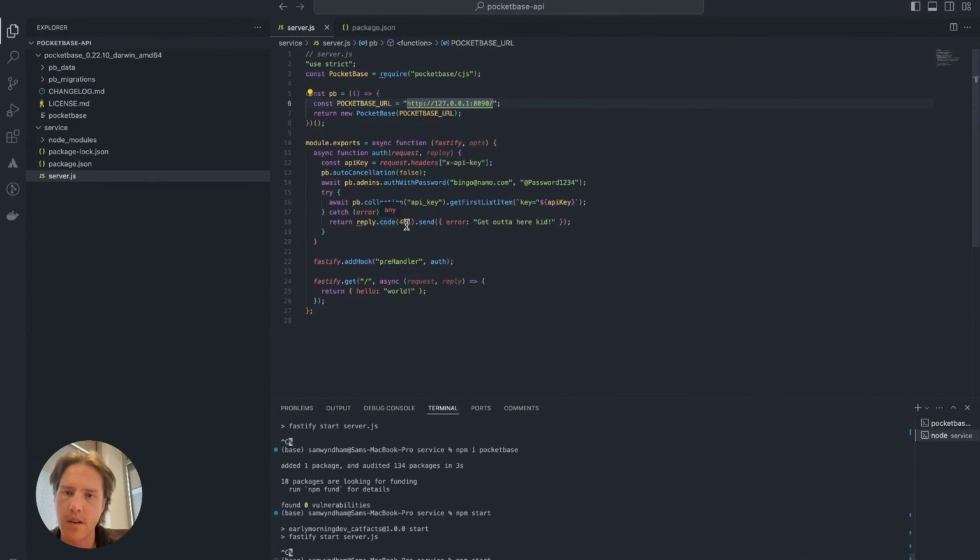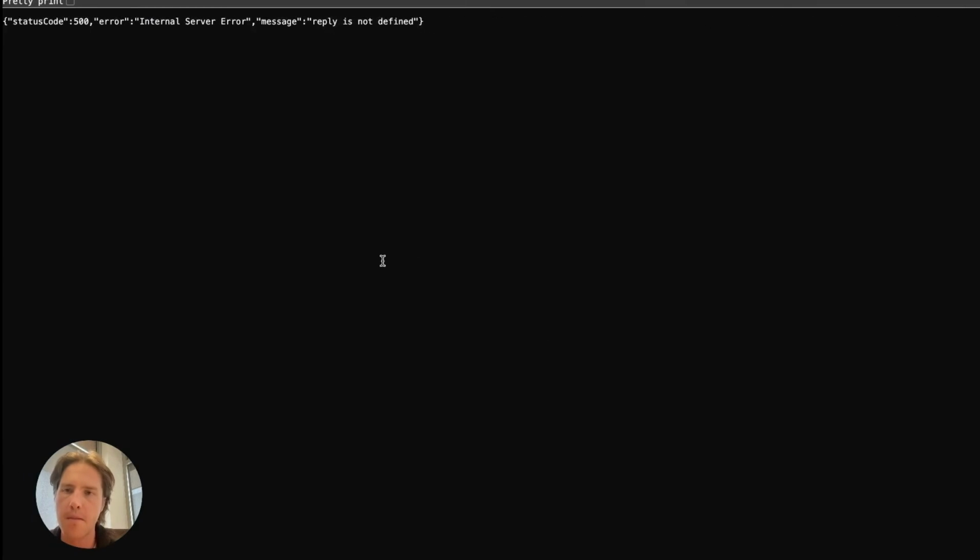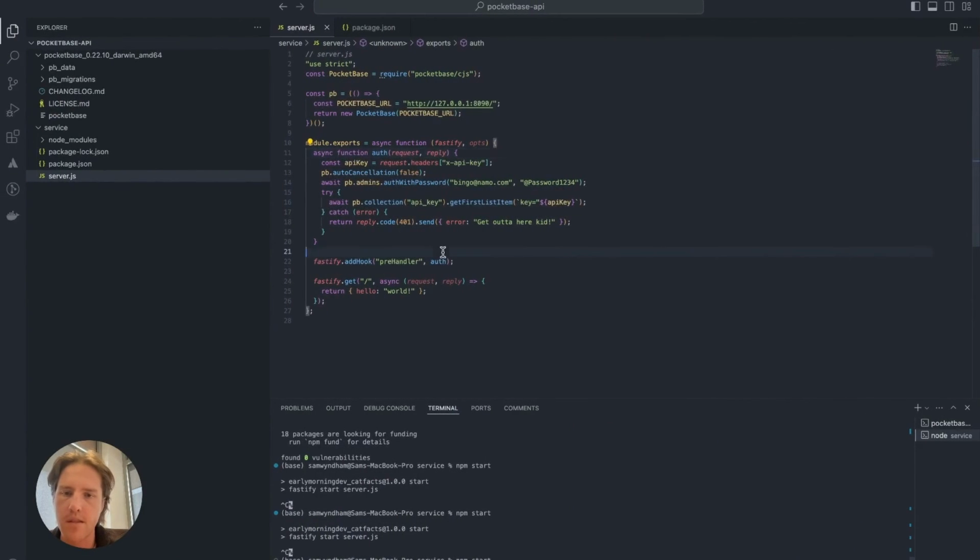Reply is not defined. Reply, here we go. We'll restart this. Cool, get out of here, kid. Oh, it is applied by default. Okay, cool. I think if we want to apply it only for specific routes, we can set the preHandler specifically